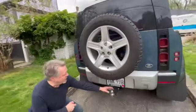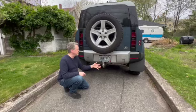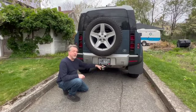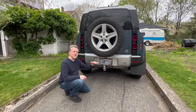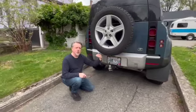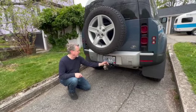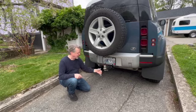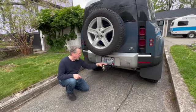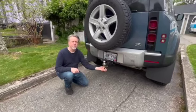So if you look at the height we have here on this, with our previous cars that we've towed with, we had a bracket, or we had an extension here which came out and then had to go up as well. And the more you go up and the more you come out, the more drop you get. But this is great. We're straight in here. It's just about the right height, and then height-wise here from the ground is fantastic. And we used to scrape the bottom of the...